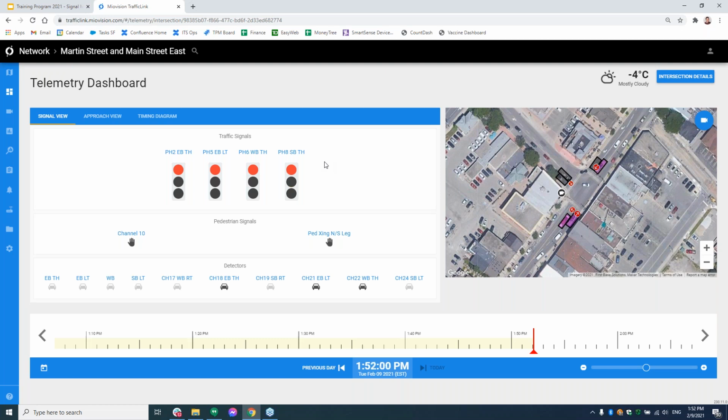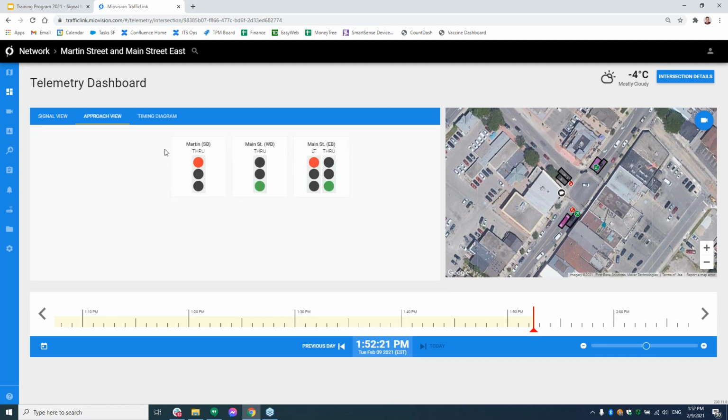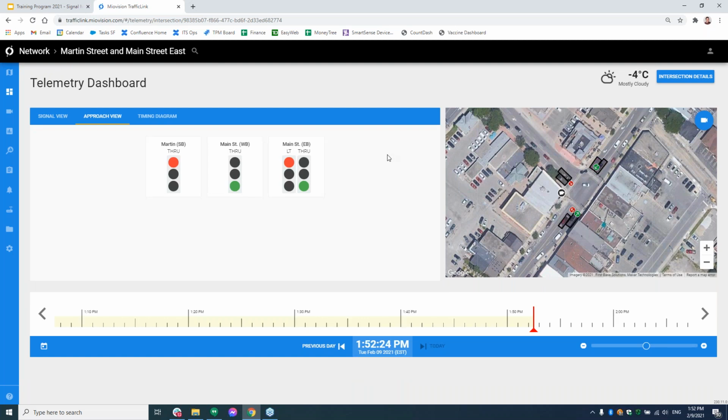I do see variations on that statement quite a bit, in the sense that at some point in the day it could be 8-10 seconds. At another point, it could be 2-3 seconds. But because it's a cell connection, there is a little bit of latency on it because of that. It gets obviously slightly improved when you're using a fiber connection because it's a little bit faster and a little bit more direct. But generally, I would say that both the signal view and approach view are close to live, based on the limitations of latency.